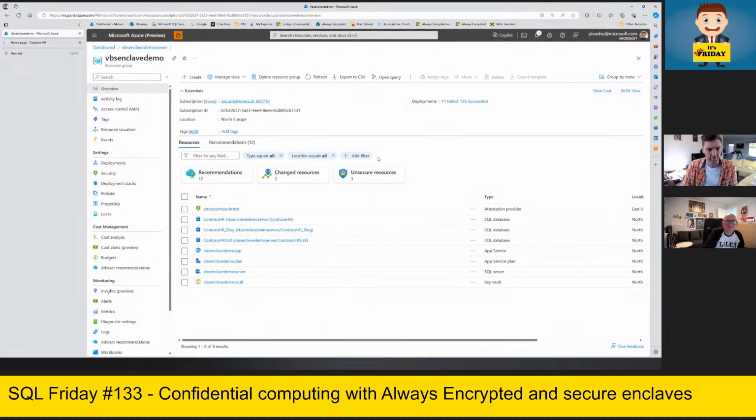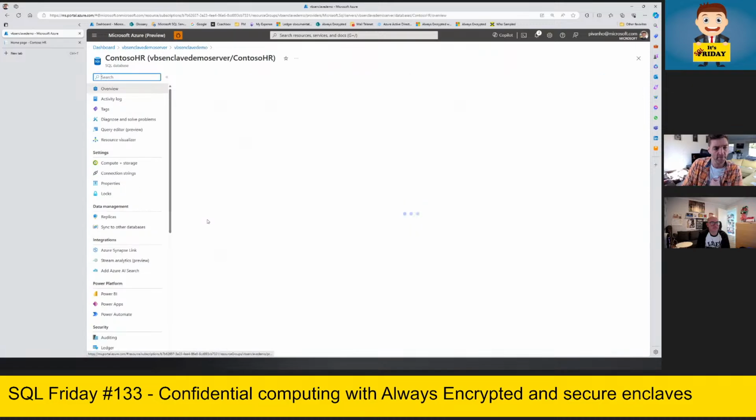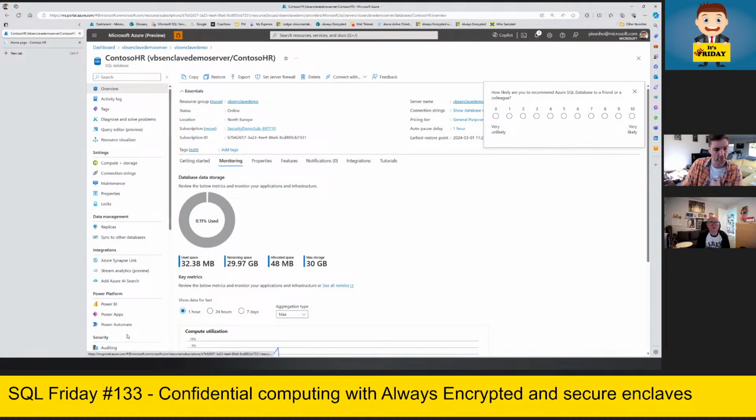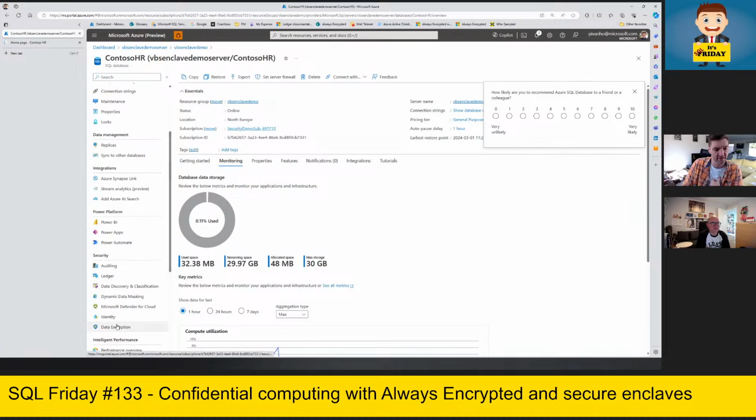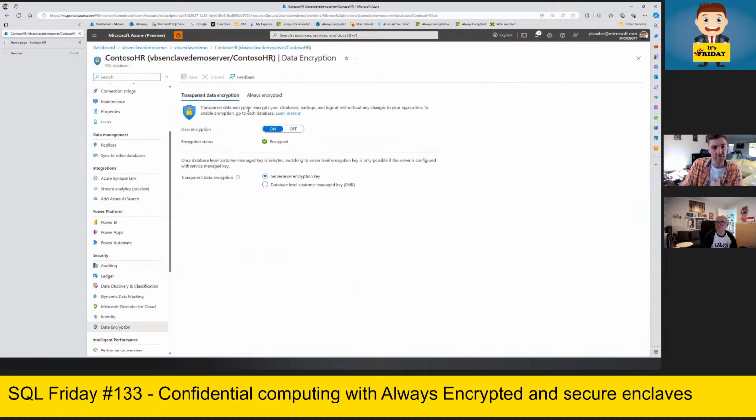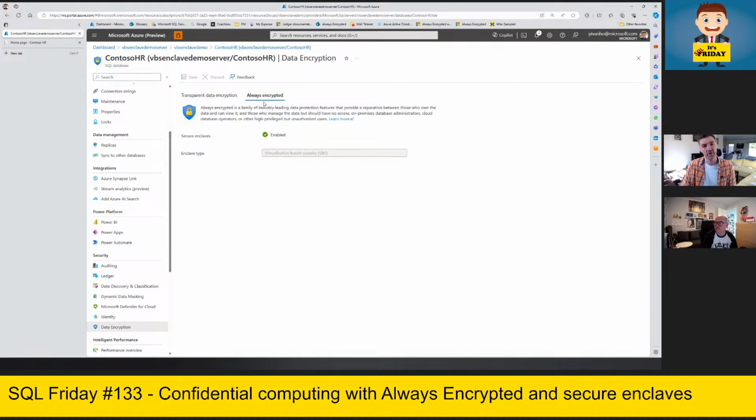Okay, yes. Perfect. So for this demo, like I said, I'm using a database called Contoso HR. If you go to security, select data encryption, and then select Always Encrypted, you can see here that I have an enclave enabled, and it is a VBS enclave that is enabled on my database.